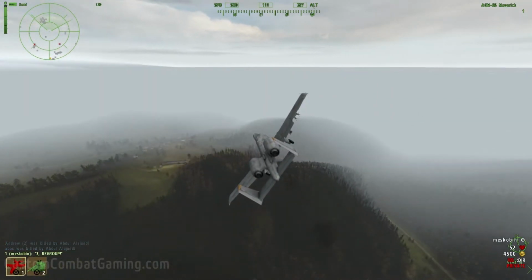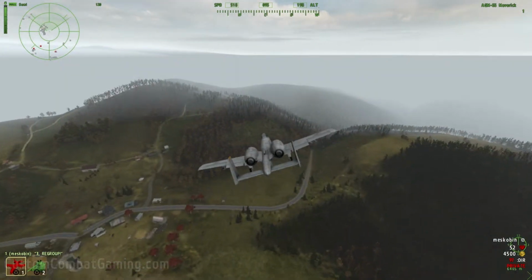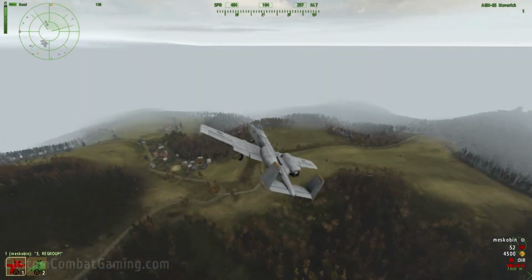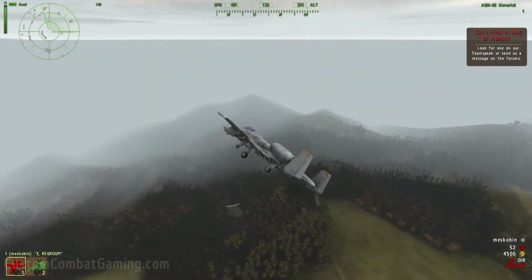I think it's one of the fastest planes in the game. There is another jet that I haven't found yet, unfortunately. I don't know what it's called. If you know the name or can tell me where I could find it, let me know in the comment section below. But this already is extremely fast,